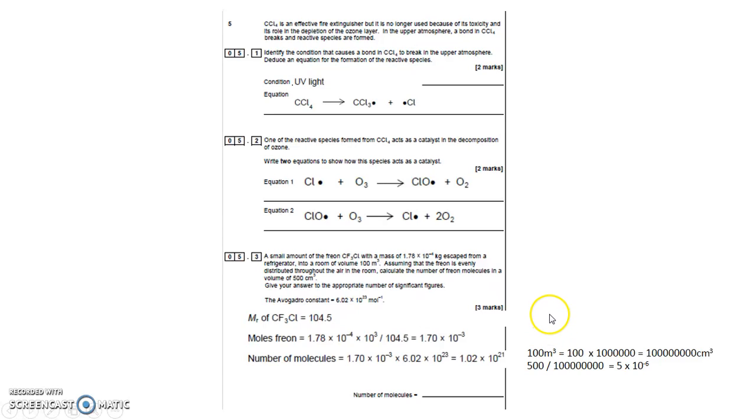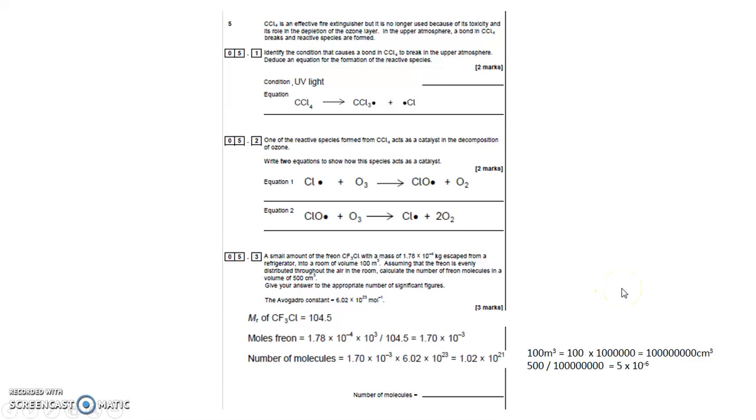If I had a cubic meter, a cube that was a meter by a meter by a meter, to do a cube, I take the height multiplied by the length and multiplied by the width. Now a metre is 100 centimetres, so I've got 100 centimetres height, 100 centimetres width, and